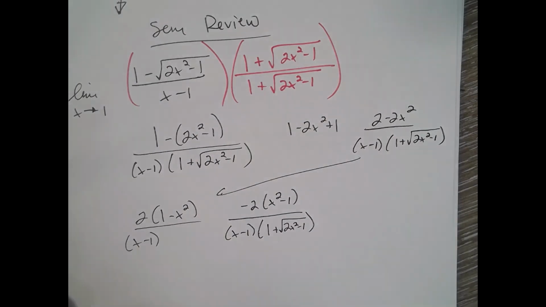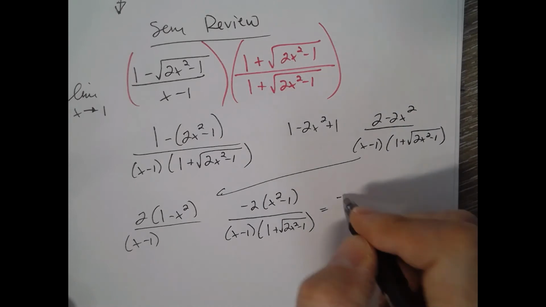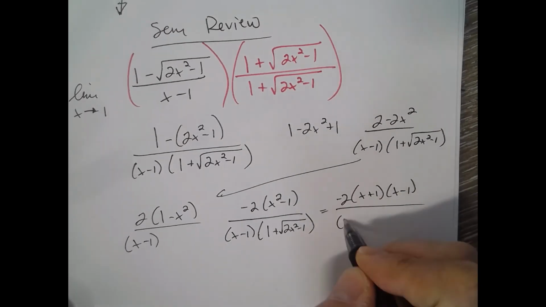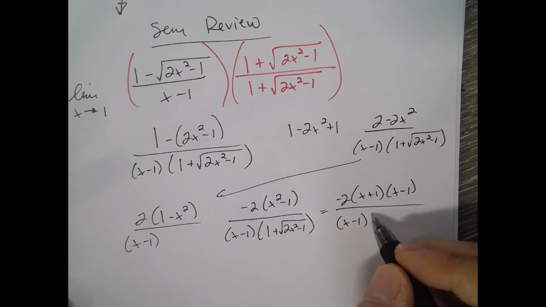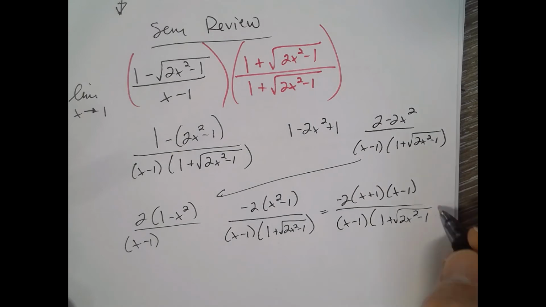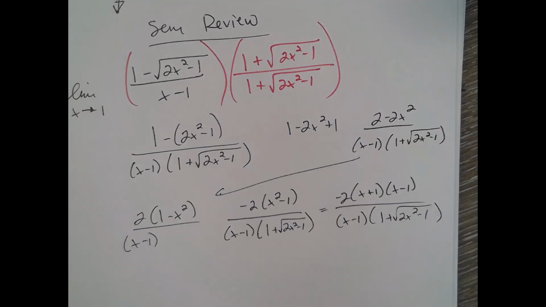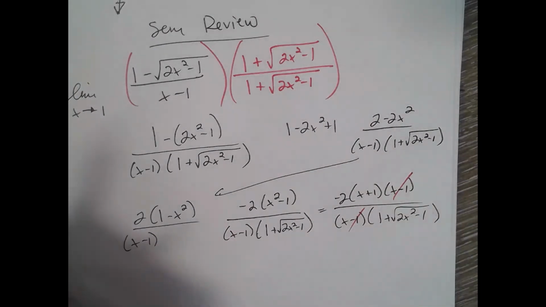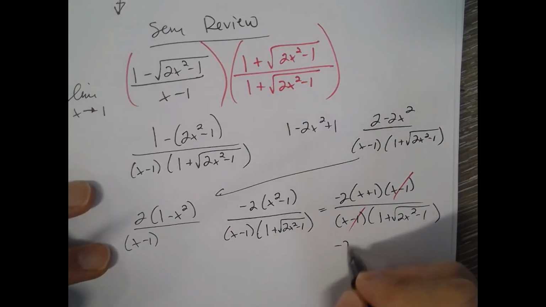Well, then we can factor it x plus 1, x minus 1, and you can see that the x minus 1s are going to end up crossing off. And then I'm hoping that we'll be able to evaluate it at 1. So these do cross off, and that's the one we wanted to get rid of. So now we're at negative 2 times x plus 1 over,